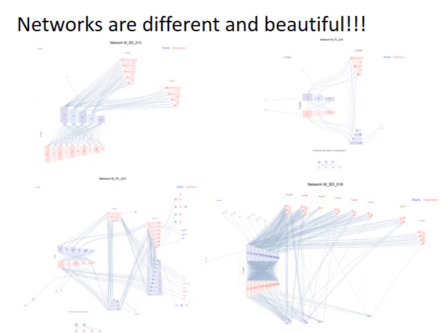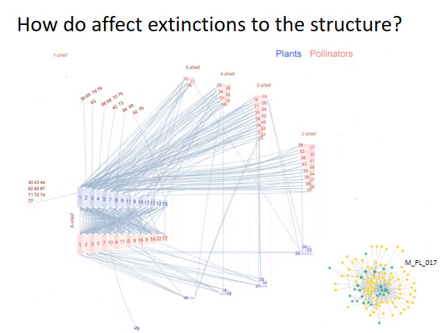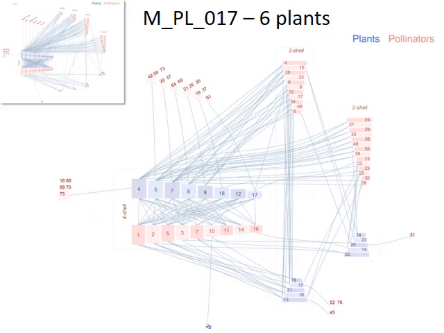The ziggurat plot shows how different networks are structured, and it has many applications. I will show just one: how the structure changes when the network loses some species. This is the ziggurat plot of a plant pollinator network with 6 K shells. It is quite asymmetrical and with few species in the outer shells. We remove plant species: the one with the highest degree and another 5 at random.